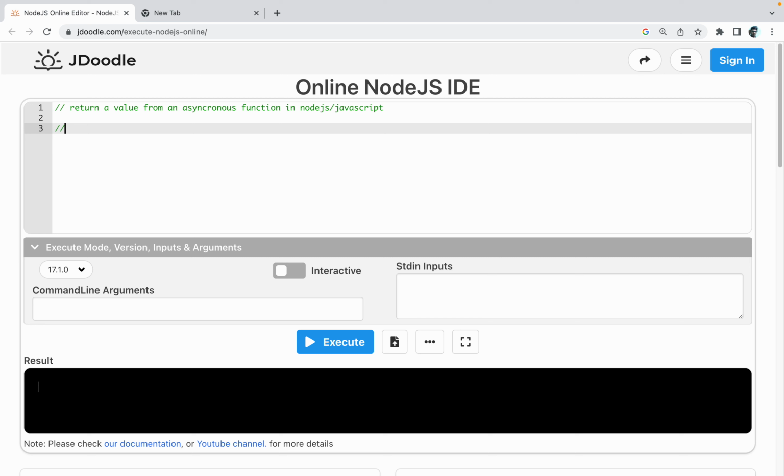Now what is the need for doing this? For example, if you are making a request to a network, like an API call, it will take time and your code has to wait for that, so unnecessarily it is waiting, right? And if you do not want to wait, you have to use some